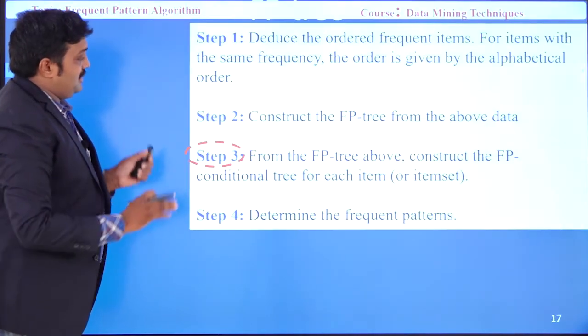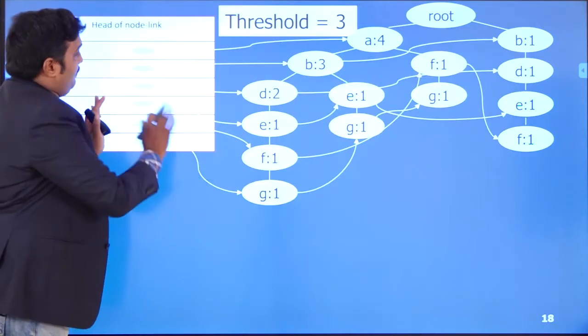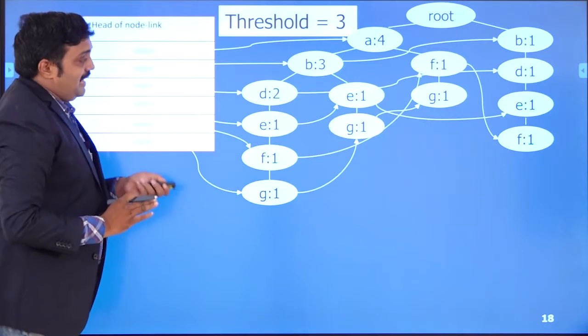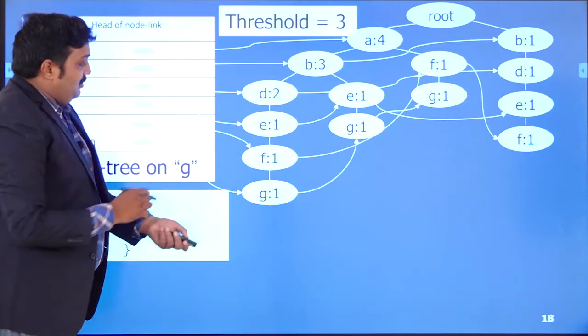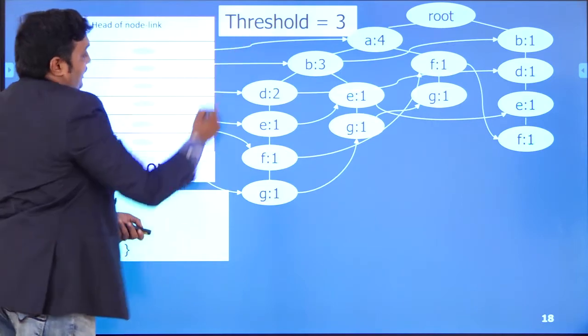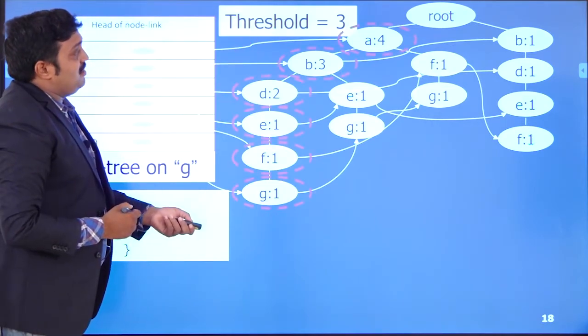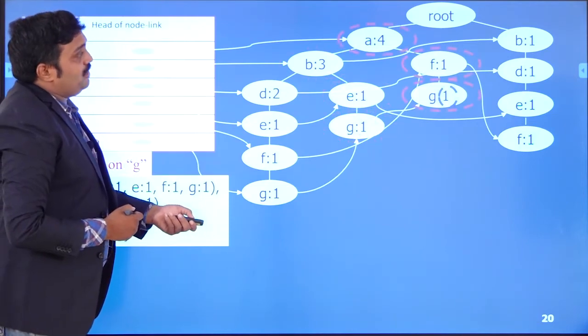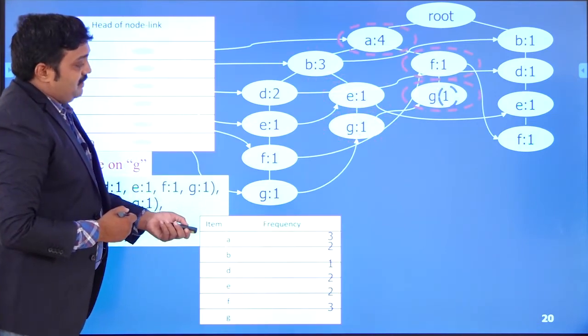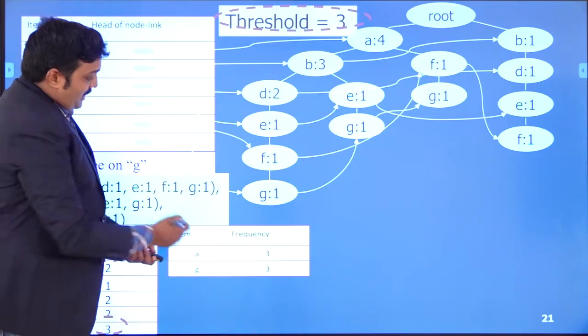Yeah, we got the table, tree, frequent table and tree. Then we need to start with the scanning with the least value G and apply the condition, 3 condition. All the combinations, we are going to take the frequent items which are having 3, only those items for G. Finally with G, we got 2 items, A and G.